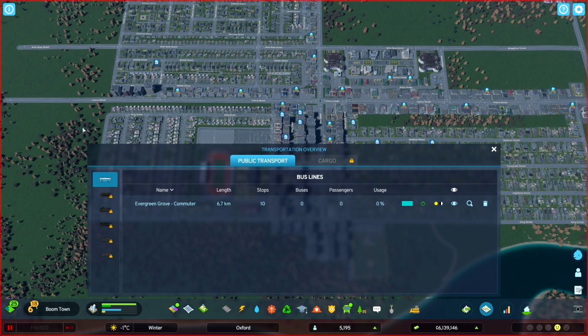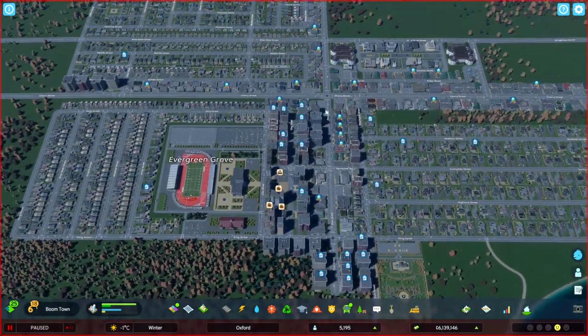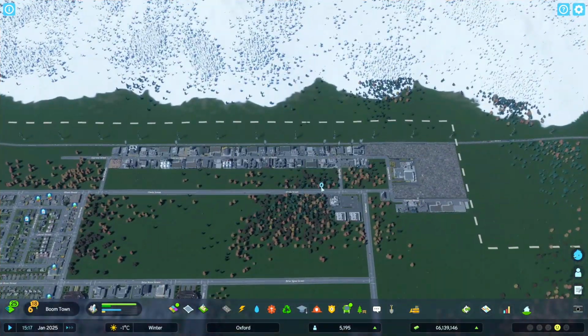Quite helpful when it comes back to looking at this list in a big city and there's lots of different lines that you've got. Makes it a hell of a lot easier when you can then get a rough idea as to what each bus line is doing. That's fine. So they should start to spawn the buses now.